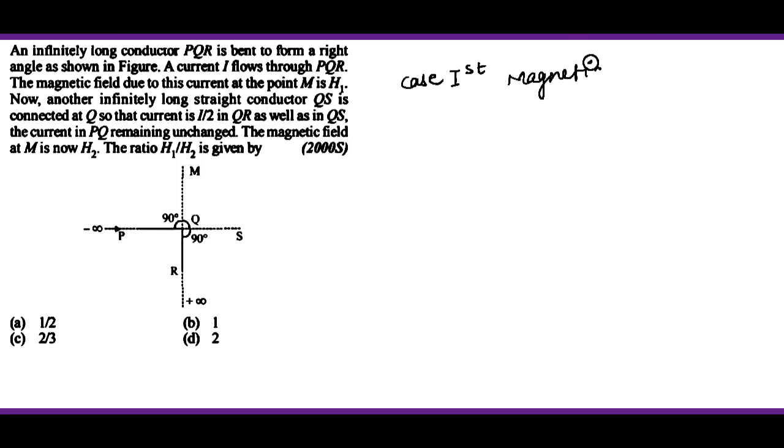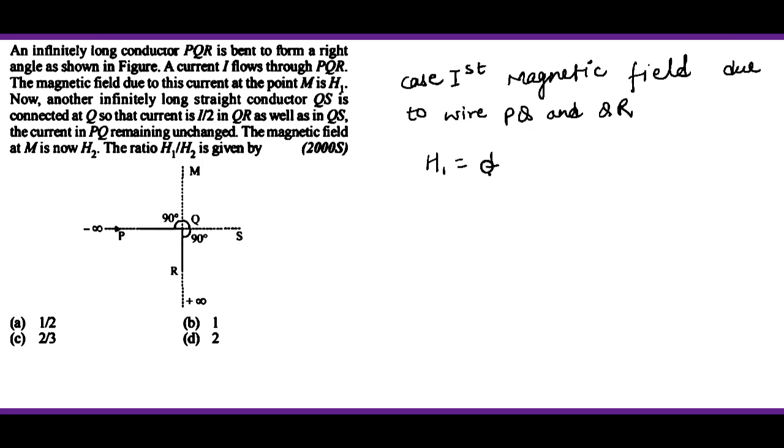मैग्नेटिक फील्ड ड्यू टू वायर पी क्यू एंड क्यू आर। ओके, ये वैल्यू, तो जो हाफ सेगमेंट है उसकी वजह से जो मैग्नेटिक फील्ड एट पॉइंट एच वन आएगा वो 1/2 आएगा, और स्ट्रेट वायर की वजह से म्यू नॉट आई अपॉन 2 पाई आर होता है। ओके, ये वैल्यू होती है।